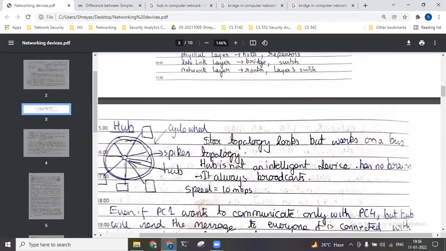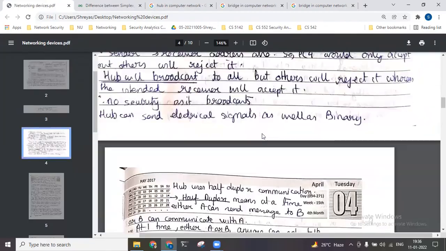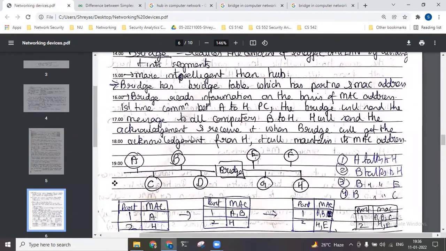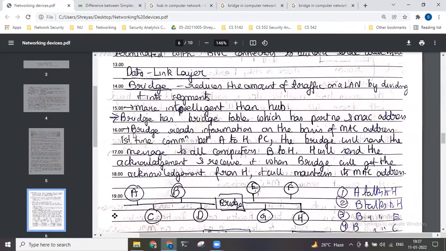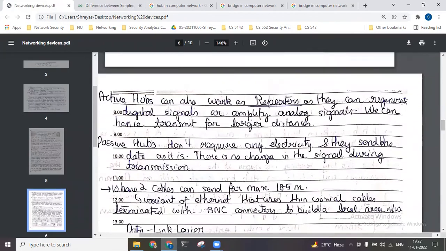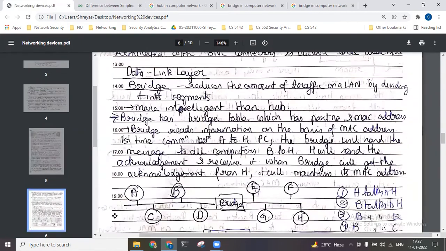So now our devices should be able to recognize these MAC addresses and the packet. For that we basically use, as we can see over here, a bridge and a switch. So how does this work? Let's have a brief intro on that. Basically, a bridge has a bridge table which has the port number and MAC address. The bridge reads the information on the basis of the MAC addresses. Now to understand this, see, a bridge will basically have two doors, two collision domains. In the case of a hub, we saw in this example there was only one door, so a single collision domain. Here there are two doors. So one port will be on this side and one port will be on the other side, say, the right side and the left side.